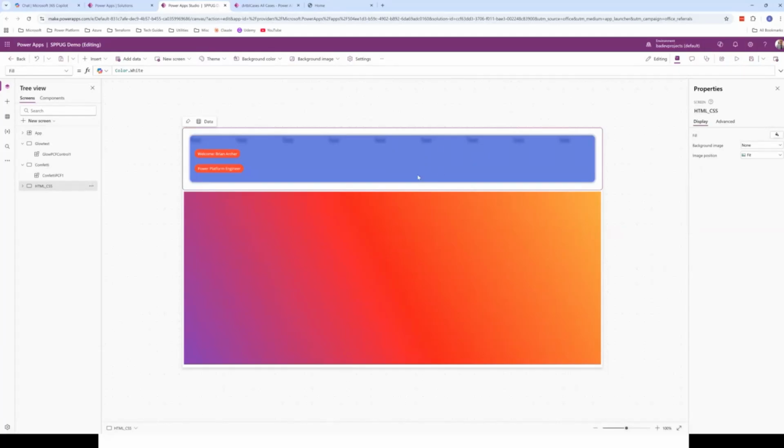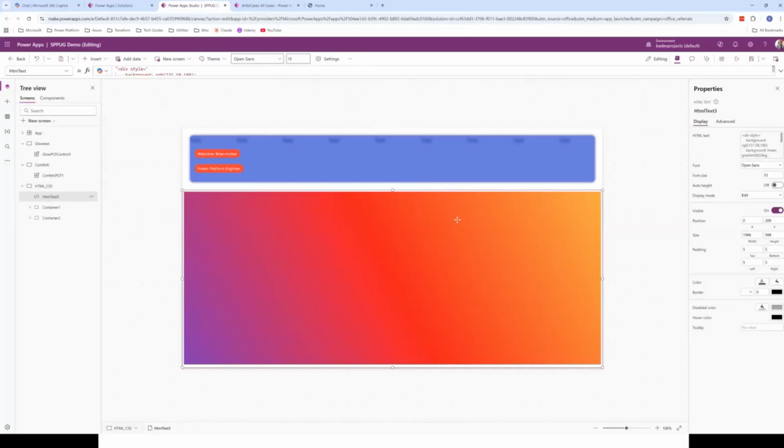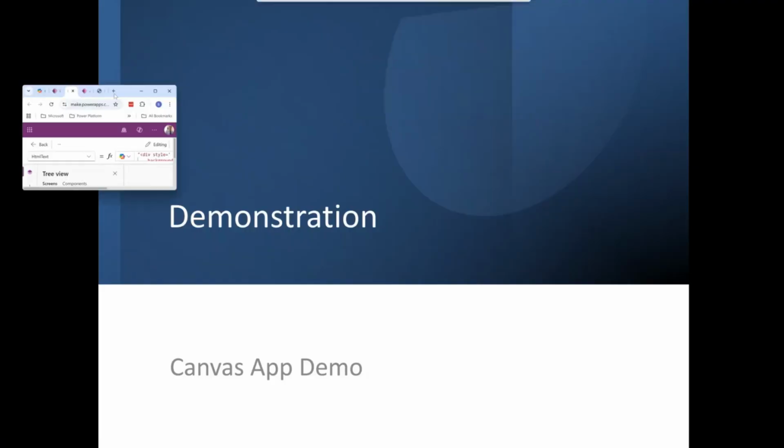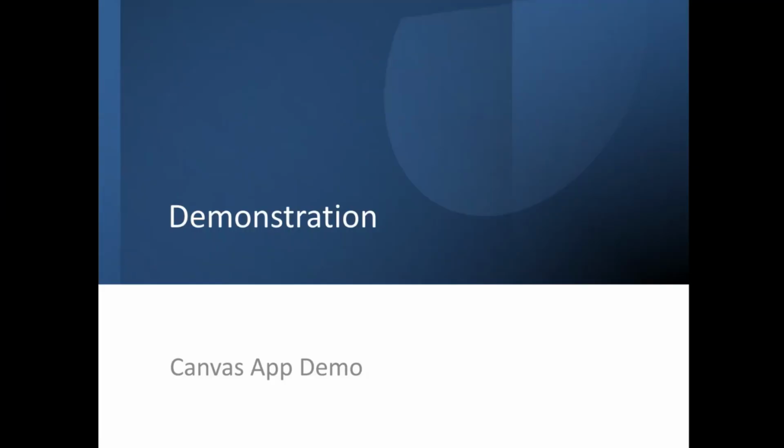And again, something not necessarily achievable with out-of-the-box components. And down here, we've just got a nice gradient component, creating that gradient of colours as well. Again, these are just some simple UI effects that you can achieve using a little bit of HTML and CSS. Now, if we go back to my presentation,